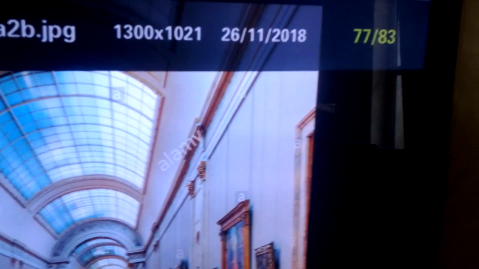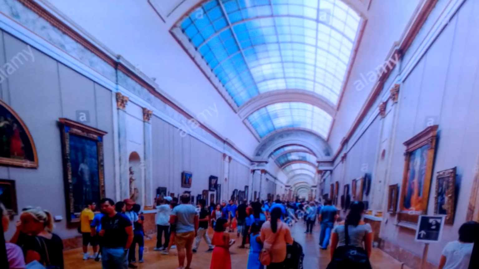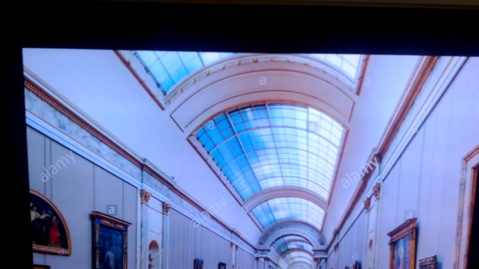It's clear. Okay, let's go to the next picture. That's inside the Louvre. Here we have a very impressive signature of the simulated reality, when you can see